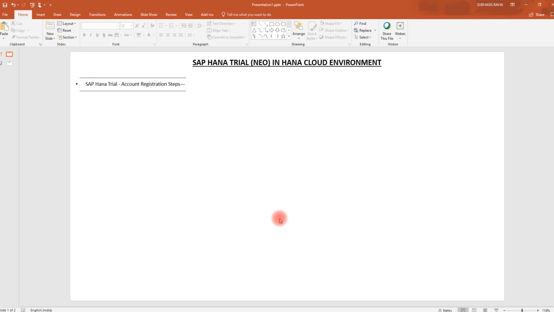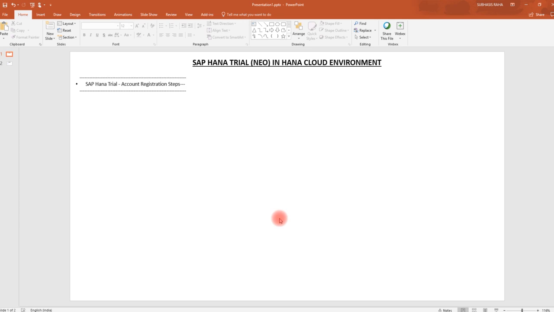So let's begin with the process. The first step will be that we have to create an account in the SAP HANA Trial Cloud environment, where I will show you a URL, basically a developer's blog where all the steps are mentioned. There will be 6 steps which you need to follow one by one, which will allow you to create your SAP Cloud Trial account first, and then once it gets created, you will be able to